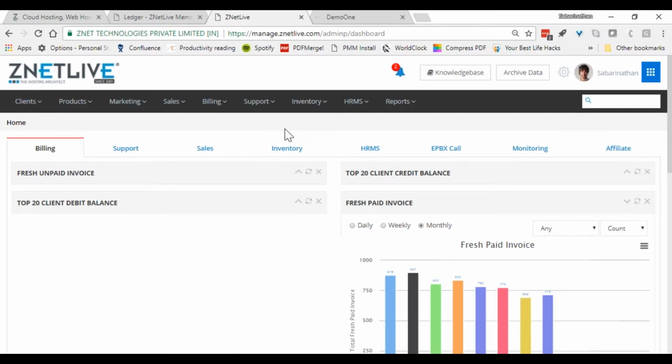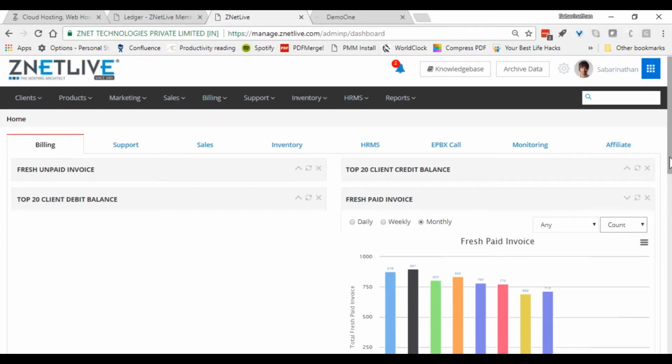I'm going to show you some dashboard reports, because these are business intelligence reports helping you to run your business effectively. For example, if you look at the refresh paid invoices, you can count how many invoices have been done, or you can do it on an amount basis as well. And there are plenty of other reports like this.